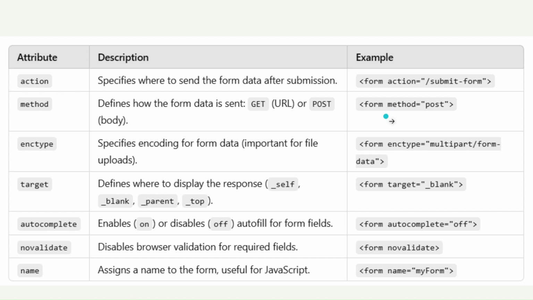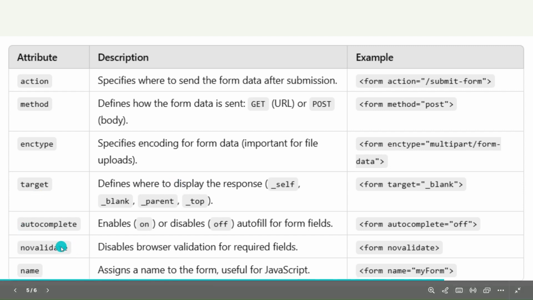These are the different types of attributes that we have. We got action, method, enctype, which is encoding type, right? So let's say you want to upload a file, instead of sending plain data. In that case you will write enctype as multipart/form-data. We'll be only able to see its practical example when we use Node.js, so that we can actually take an input as a file. Right now, let's stick to normal form data.